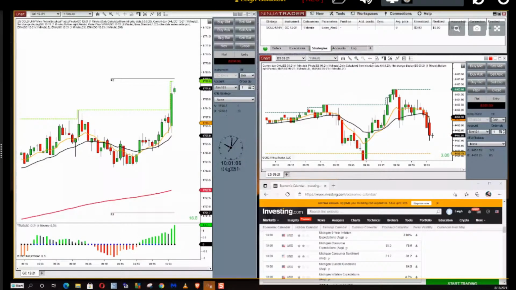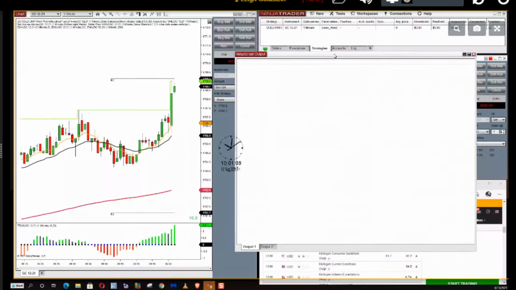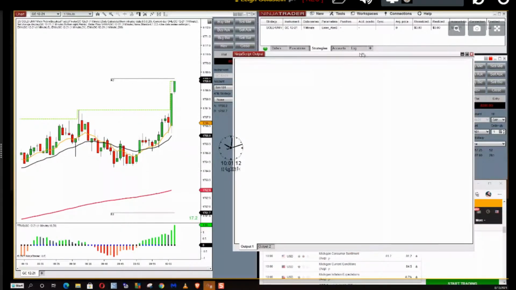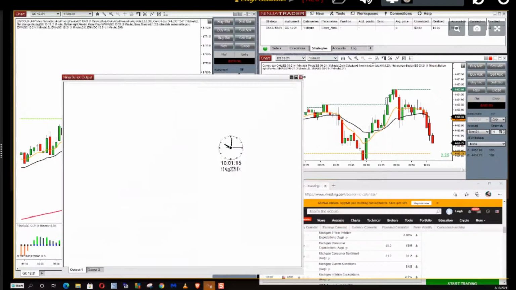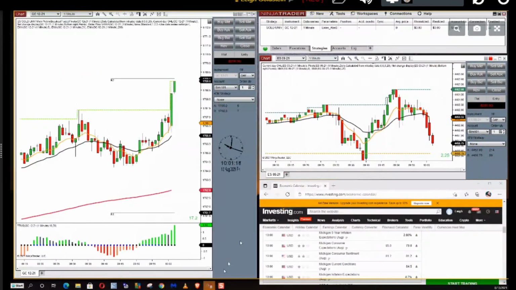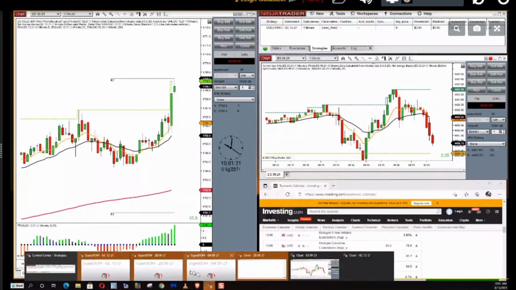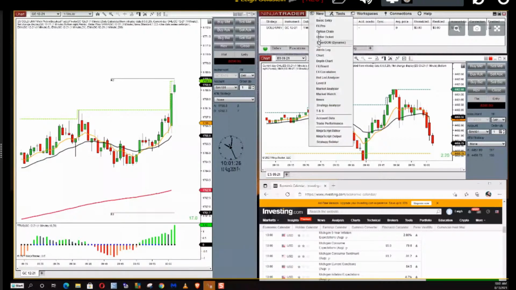It'll create a chart. Okay, and the chart might have data in it also. Now, I've already got a Ninja Script Output chart created. I better have one. So go to new, Ninja Script Output.